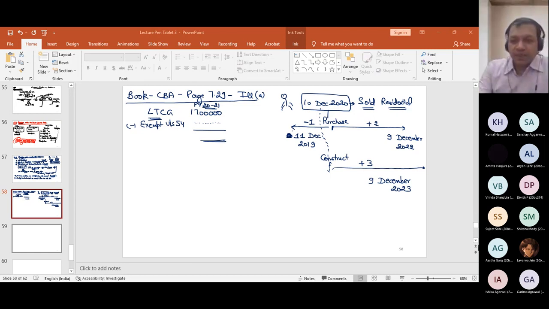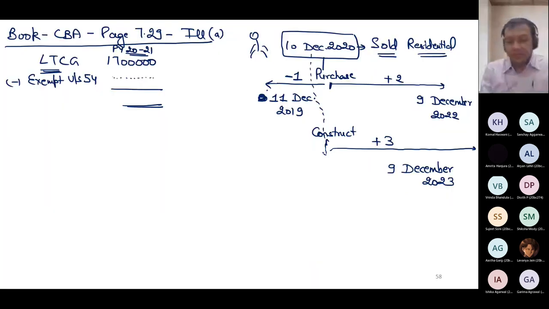Okay, next point. The main intention of the government is to make sure that people do not face any unnecessary problem. Now, what people can do is get the exemption and the next day sell the house they have just purchased. On 10th December I sell the house, I get the exemption, and just the next day I resell this house. So the government says no, there is a restriction on you.